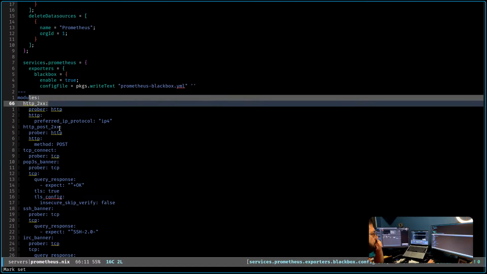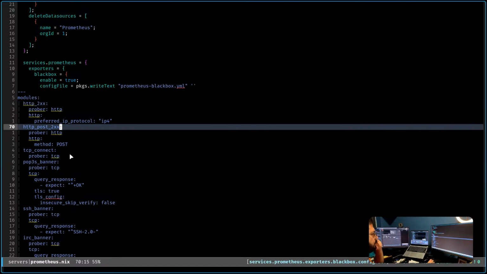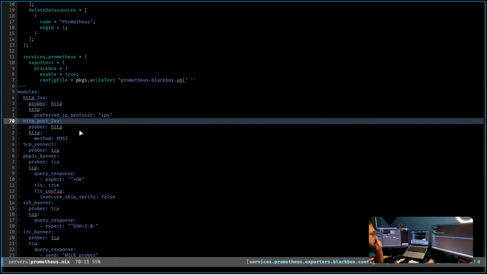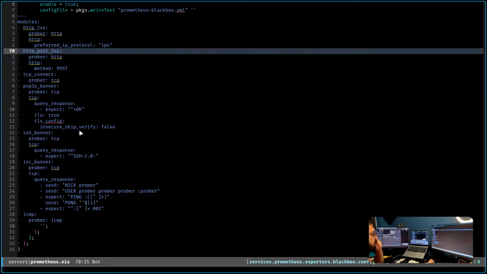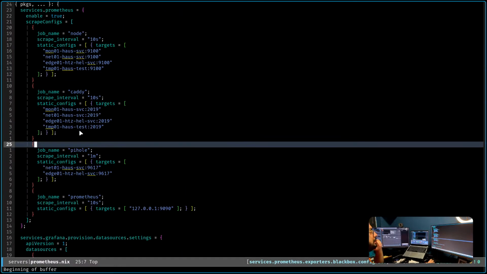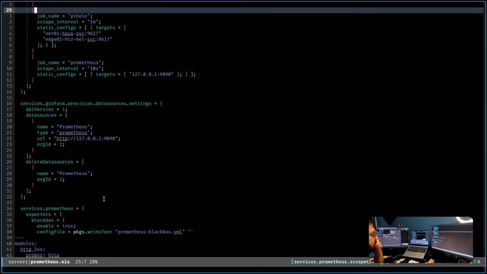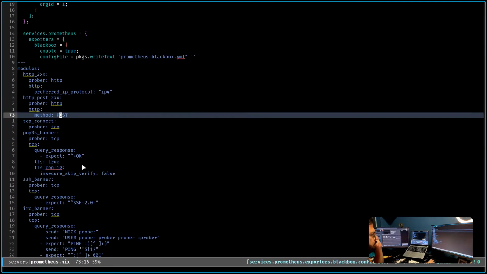HTTP 200. But this exporter, am I using it? Let's see. I don't see this exporter being used anywhere.